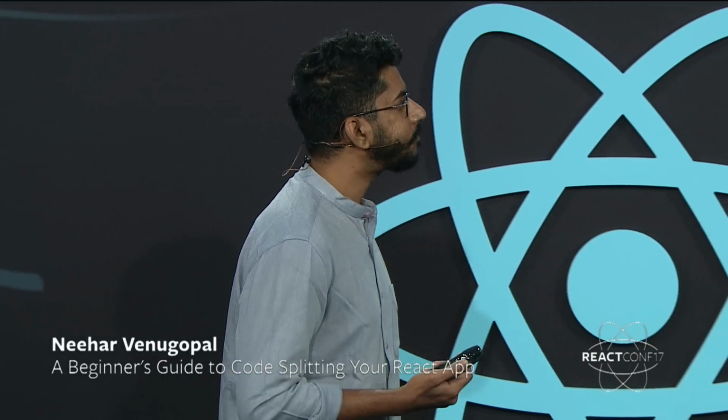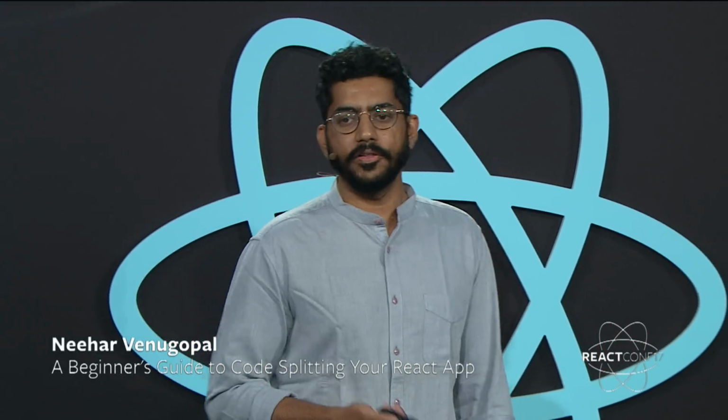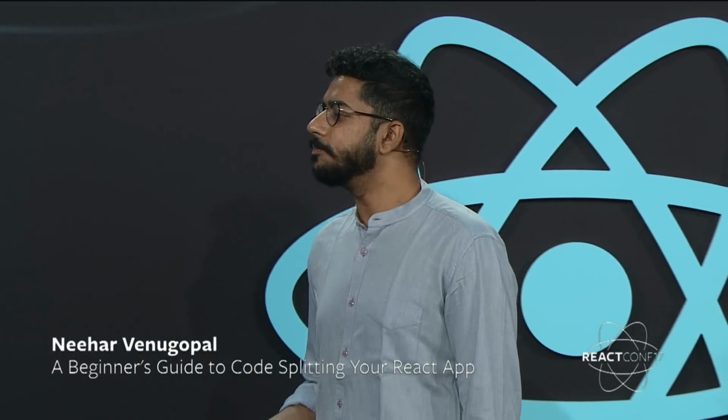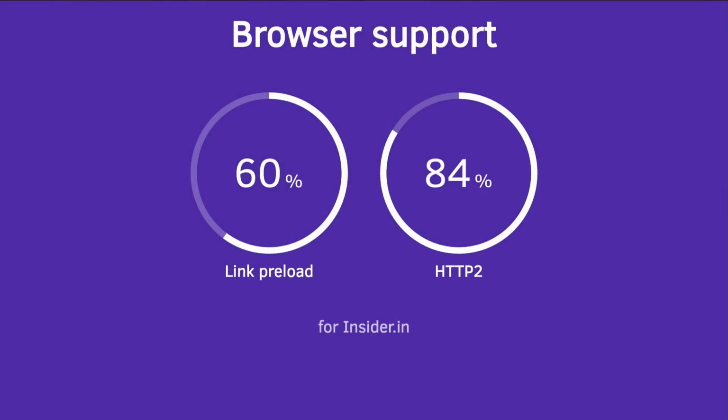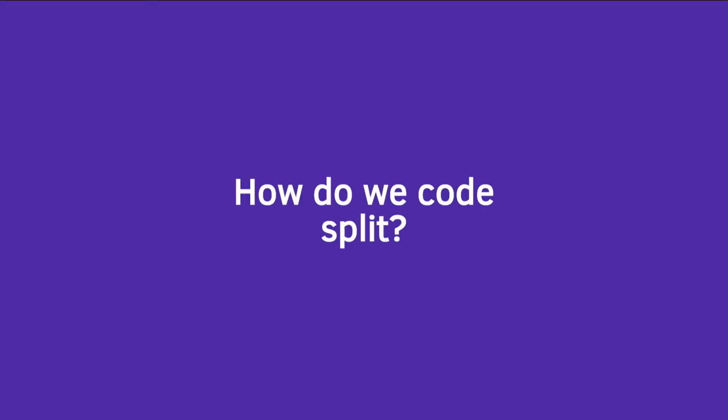So it's about time that everyone gets on board for code splitting and realize that we live in a mobile-first world. And as a consequence of living in a mobile-first world, we have evergreen browsers that auto-update in the background, because of which a lot of the really cool tech in terms of infrastructure that's happening, like link preloading, like HTTP2, is already there for a majority of your users. There's no reason for you to hold back saying that, I'll do this later. And most of all, and this is what I want to stress on in today's talk, because it's easy, here's how you do it.